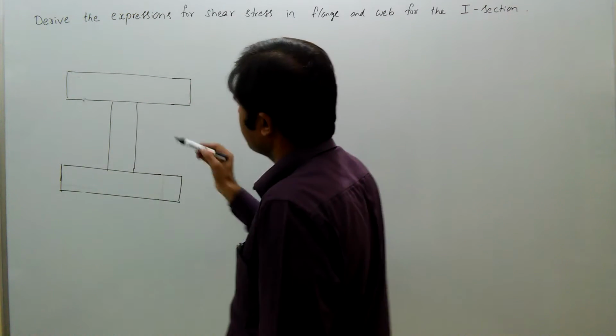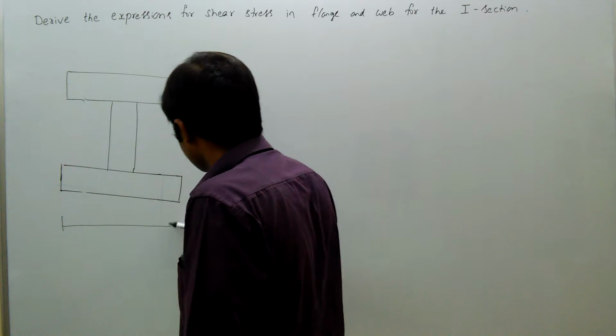So this is the I section having breadth B